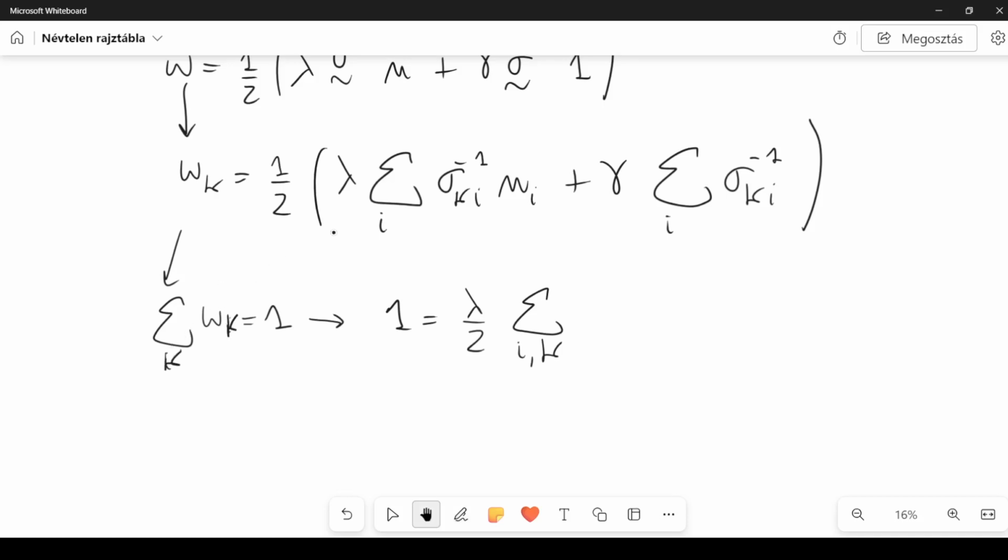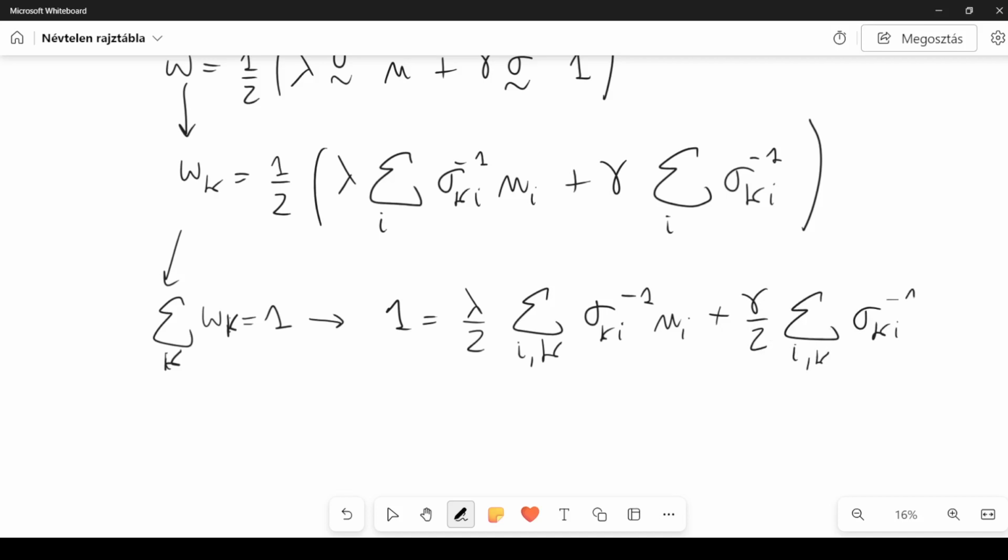So I'm writing it like this, so I can substitute it directly. This summation will become a summation over i and over k, because we also have to sum over k, and we have sigma inverse ki mu i, plus gamma over 2 summation over i over k